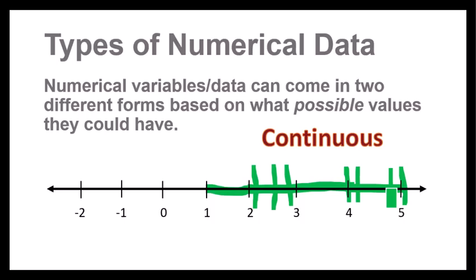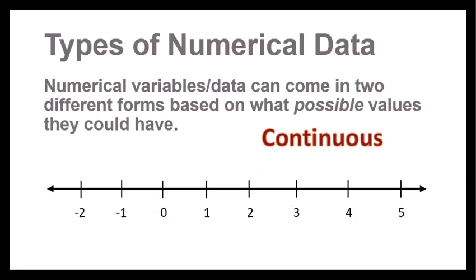One last example would be the temperature at a specific time and location in degrees. And this is one where maybe we could have some negative values. Numerical data doesn't have to be positive. Maybe we have some negative temperatures. But again, for those temperatures, we could have -1 degree or 0 degrees or -0.5 or -0.7 or something like that. Again, we won't see all of these values, but we could.